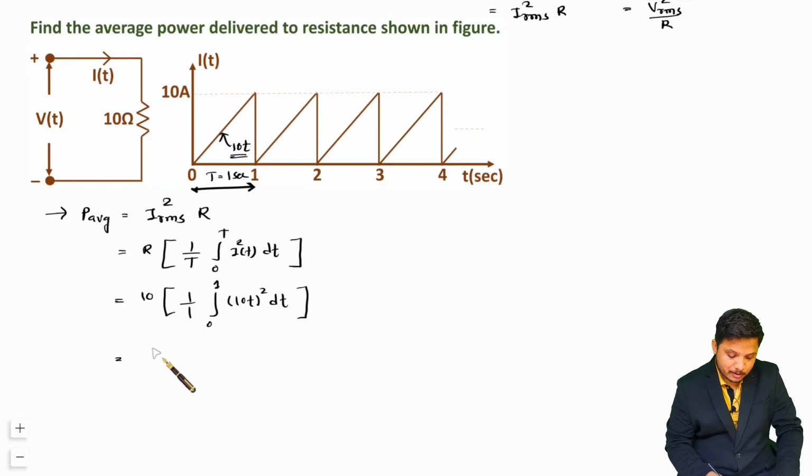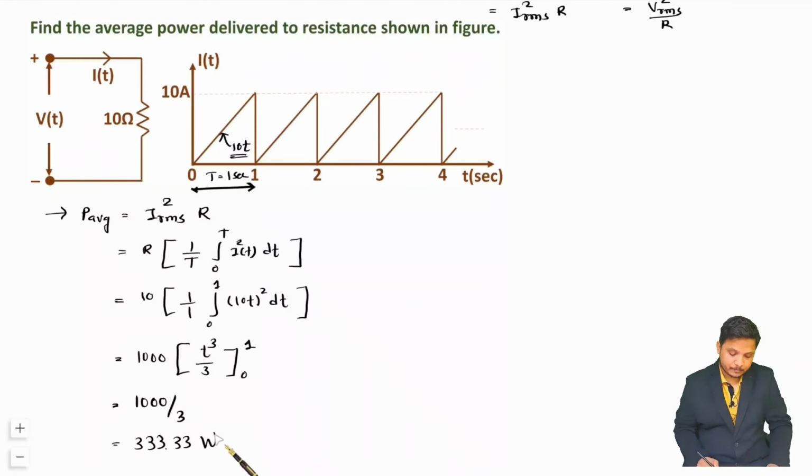Now you see this 10 that we have, and this 10 square, that will be 100. So 100 into 10, that is 1000, and you see integration of t square, that is t cube divided by 3, and limit is there from 0 to 1. Now if you substitute limit, when you place 1 at the time, it will be 1 by 3. When you place 0 at the time, it is 0. So 1 by 3 minus 0, that is 1 by 3. So this average power will be 1000 divided by 3, or you can say that it is